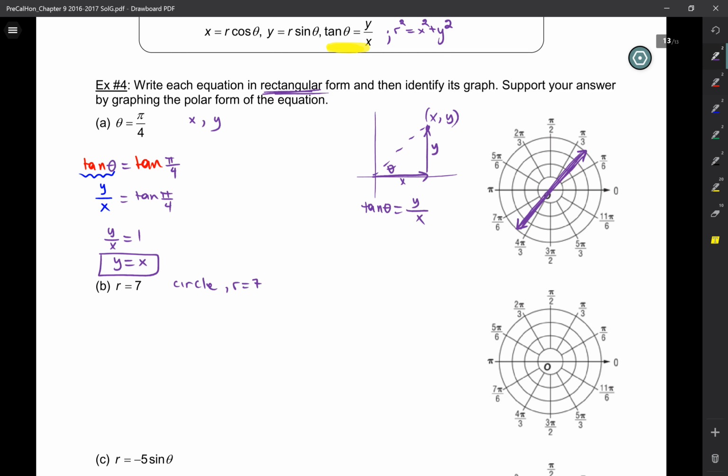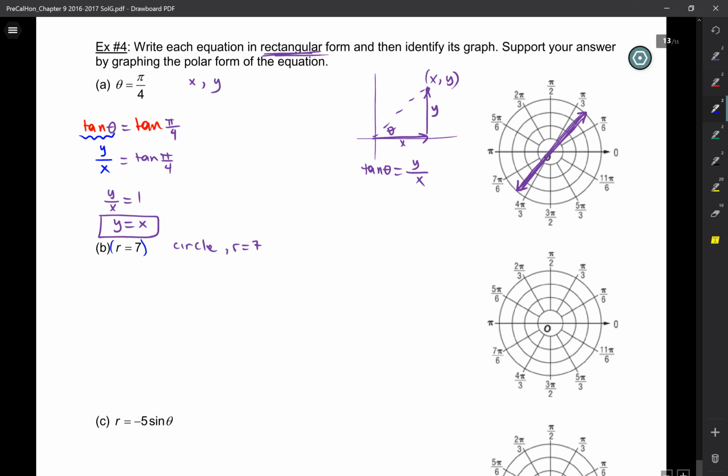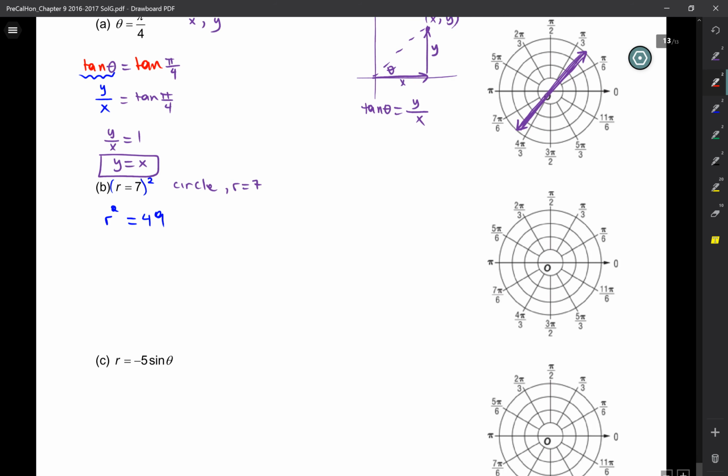So I need an r squared, but I only have an r. What am I going to do? Square everything. So r squared is equal to 49, but what's r squared equal to? x squared plus y squared is equal to 49,